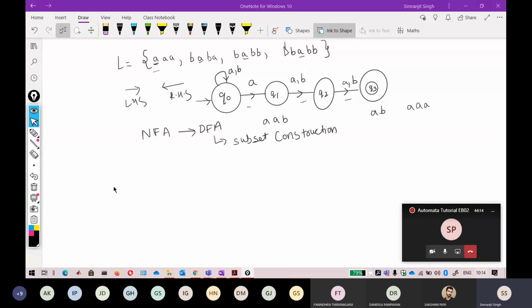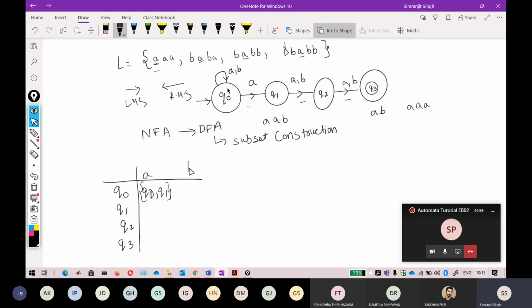Again, if I draw it, Q node, Q1, Q2, and Q3. It will go on A and B. Q node on A is going towards Q1. If you draw the transition table, it will be fairly easy, because it is a little difficult to understand without a transition table. So if you have done transition tables, I think you should try it with the transition table. On A, it is going towards Q node, Q1, sorry for that.